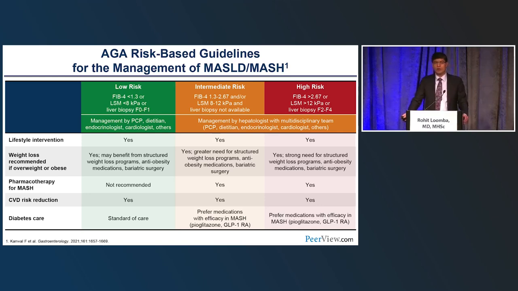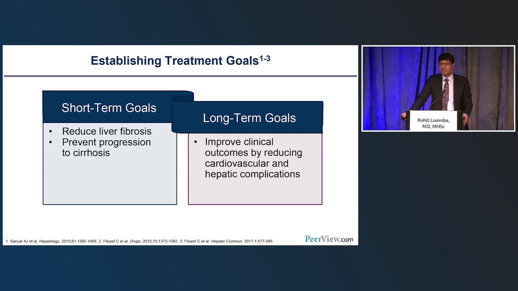Now, in those patients who also have obesity and type 2 diabetes, we are currently seeing more and more GLP-1 analog use, improving their diabetes as well as obesity and other cardiometabolic and renal profile. These are the goals for treatment. Short-term goals are to reduce liver fibrosis and prevent progression to cirrhosis. Long-term goals of MASH-related therapy are to improve clinical outcomes by reducing the risk of hepatic decompensation, but also reduce the risk for all-cause mortality, which is really related to cardiovascular disease and cardiovascular mortality in our patients